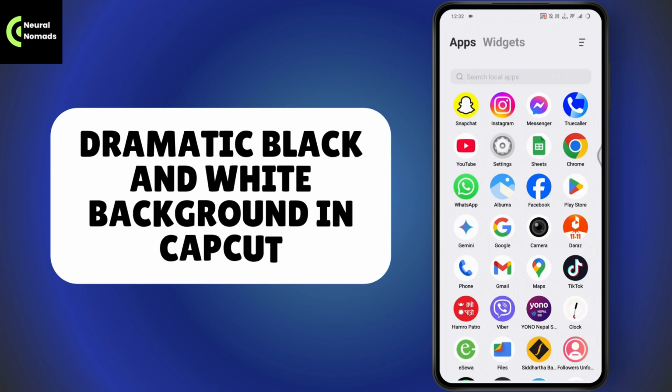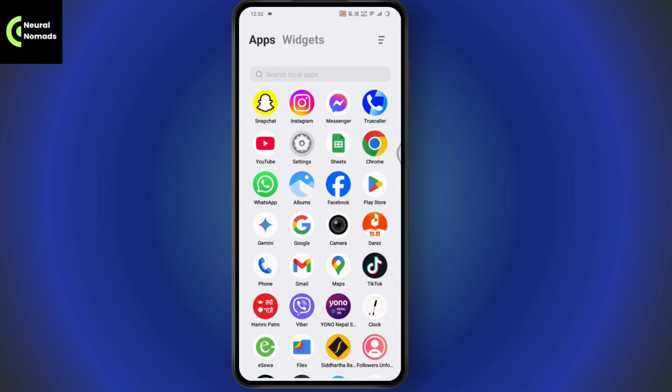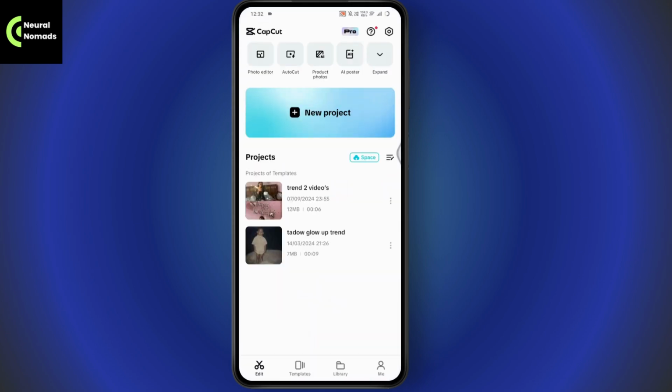Dramatic black and white background in CapCut. So if you want to get a dramatic black and white background in your CapCut, then what you need to do is first you need to open up your CapCut application, and you can go with an existing project or